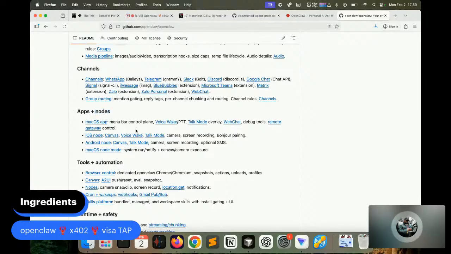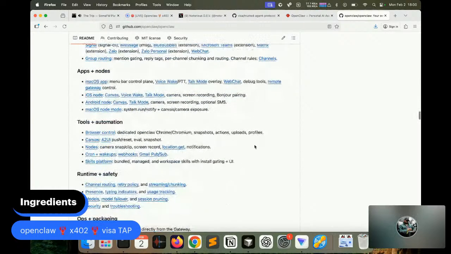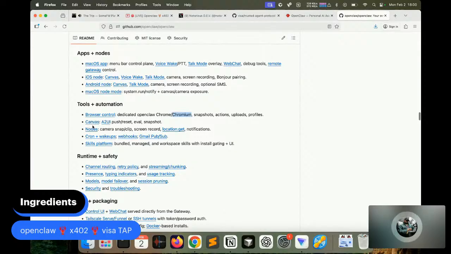Nodes are how you can run OpenClaw in a node, or run a node to give Claw more access. So you could run it on your Mac, you could run it on your Windows machine, etc., and then record the screen, do some browser automation, and so on. There's also automation via Chromium, Canvas,